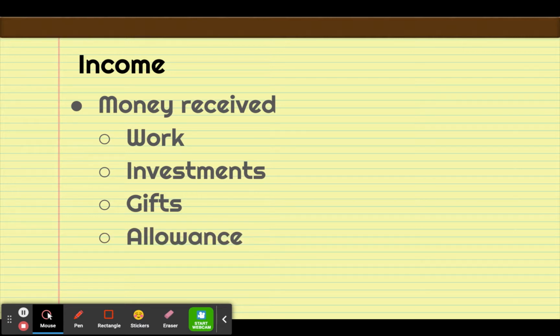An allowance. So some people are lucky enough to have an allowance. And a pension. So a pension is something that generally older people would have. It is a benefit that you receive after working many years at a particular job. It's generally only offered to government workers these days. Okay, so that's what a pension is.